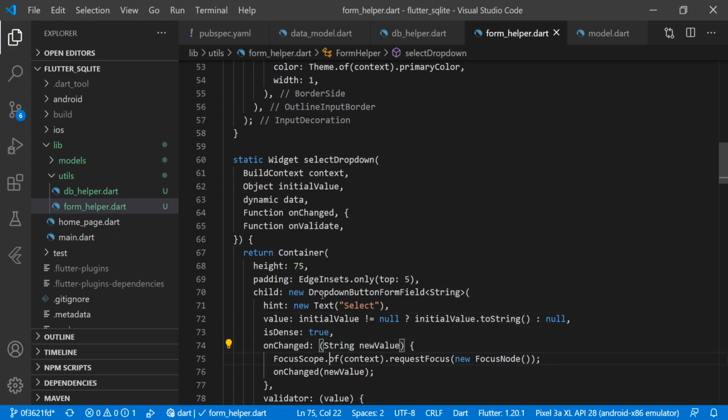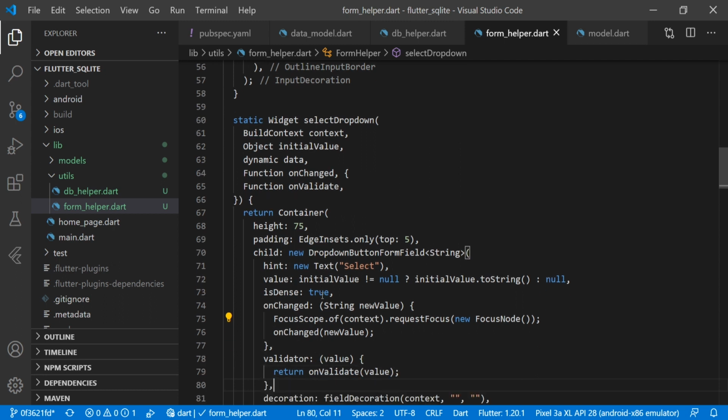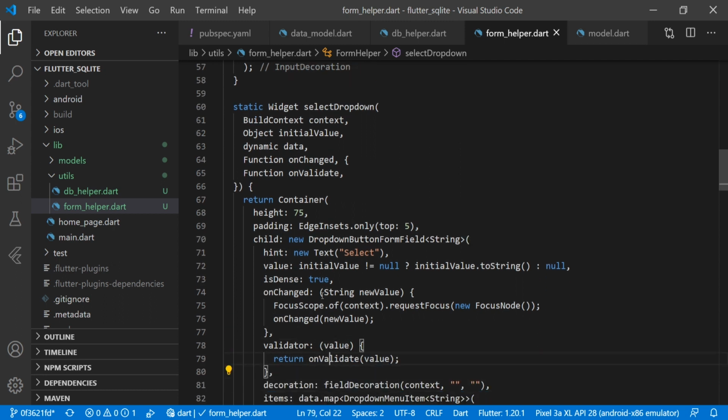And in the on change we are calling that callback method of on change. And at line number 75 we are doing the request focus, so whenever we select any of that drop down value, just to maintain its focus we are using this line. Then we have a validator, and here we are returning the on validate.